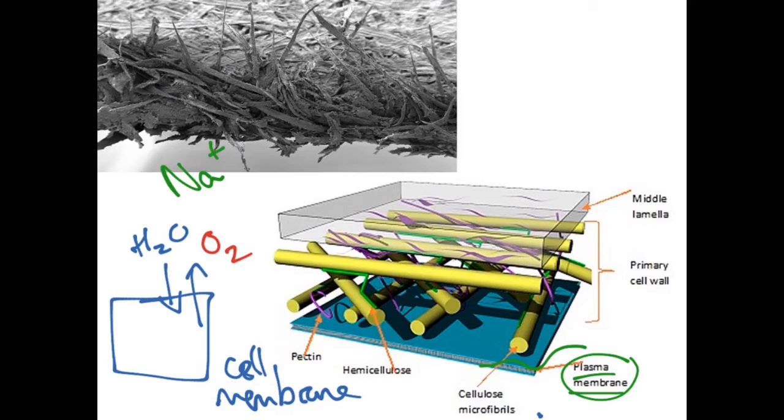So anytime a salt has to get past the cell membrane, it has to get through these proteins, which is where active transport takes place. Because it lets some things through and not everything, that really does enable it to control what comes into the cell and what goes out of the cell. So cells are full of sugars and proteins and amino acids and things that the cell needs to grow and